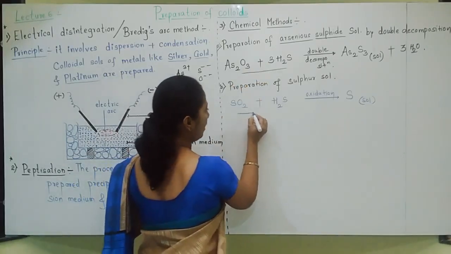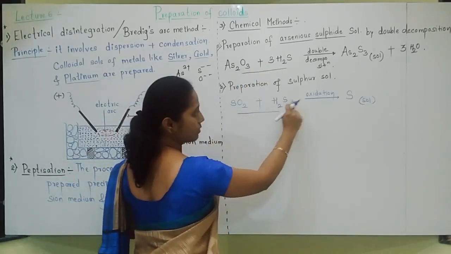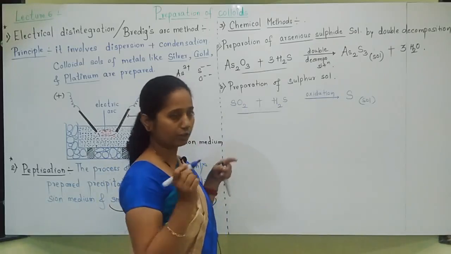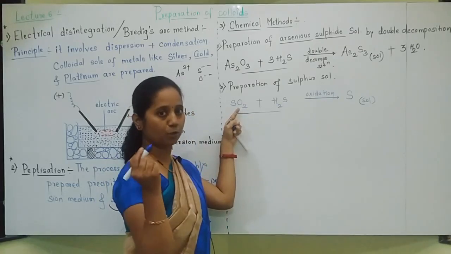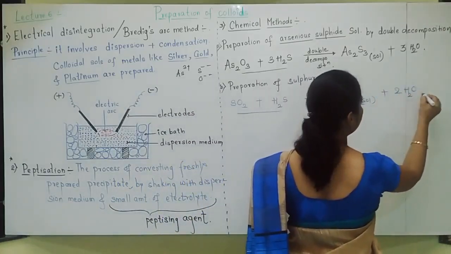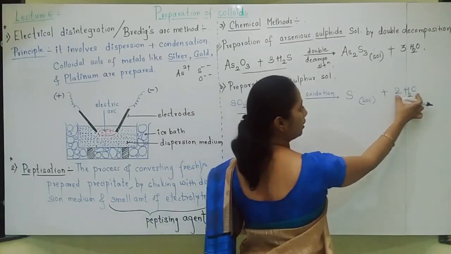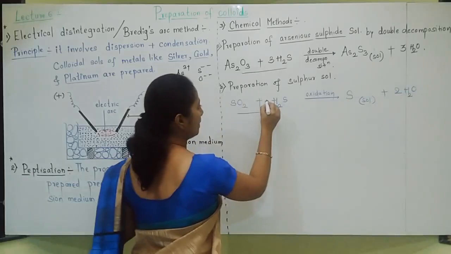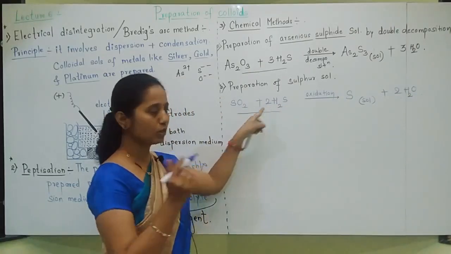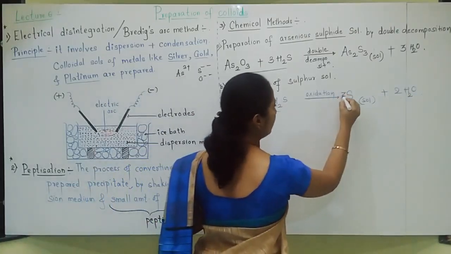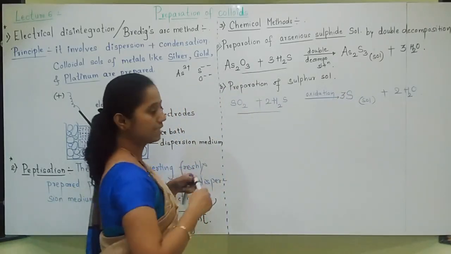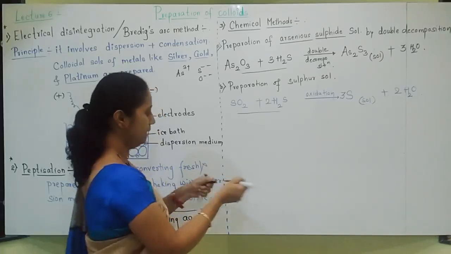Students, you can tell me. Of course, sulfur sol means S, and S will form that sulfur sol. What is left? Hydrogen and oxygen. Of course, hydrogen and oxygen will form water. How many oxygens are there? That many water molecules will be there. O2, so I will write here 2 waters will form. Agree? Oxygens are 2, so 2 water molecules will form. 2H2 is here, so I am writing here 2. Okay, O2, so 2 water, 2H2, so I wrote here 2. Now total sulfur became S, 2S, total 3S. Very well, you can balance the equation. Okay, like this sulfur sol is prepared by chemical method.